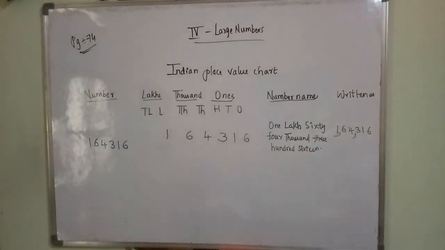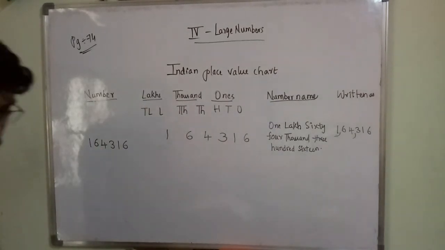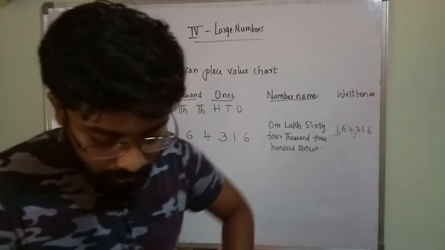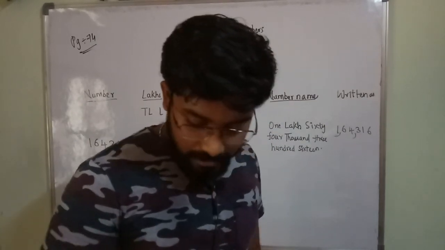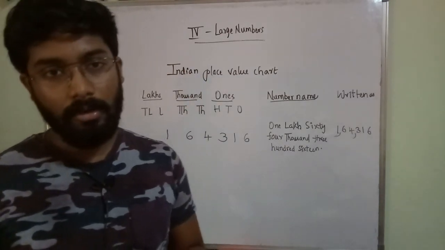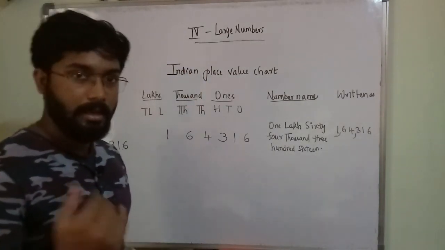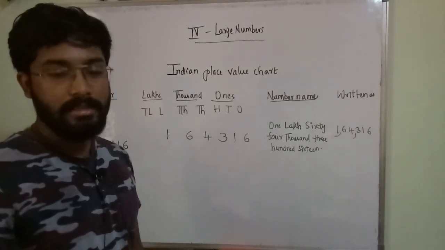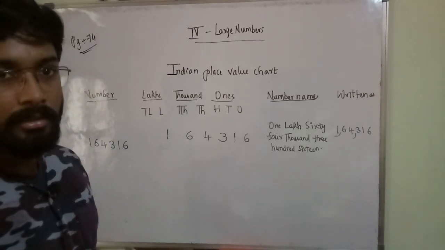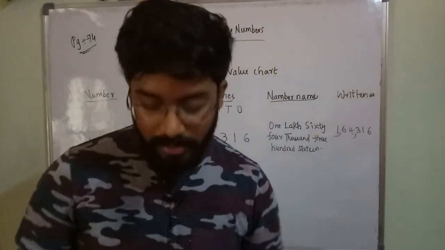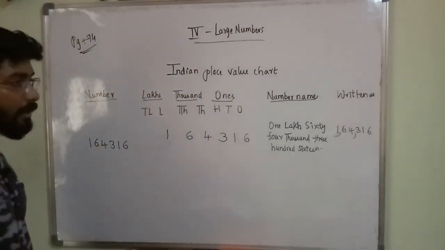Okay, so next number. I have explained 3 examples, no? So the next 2 are for your homework. You have to do that. I will not explain them, because I have explained clearly how to write. However, I will go over them in the next class, but you have to understand and write them. These last 2 numbers are for your homework. You have to write them in the Indian place value system.